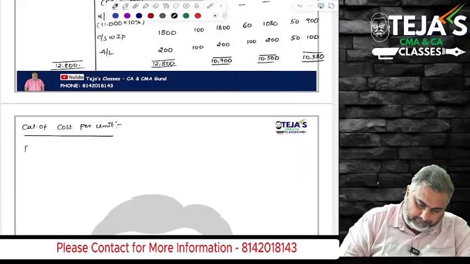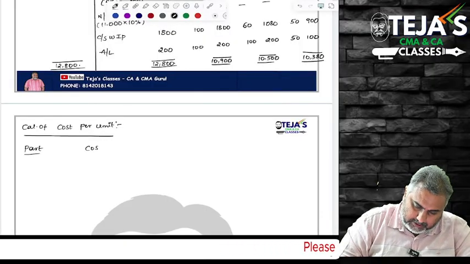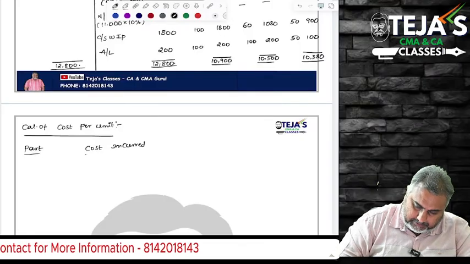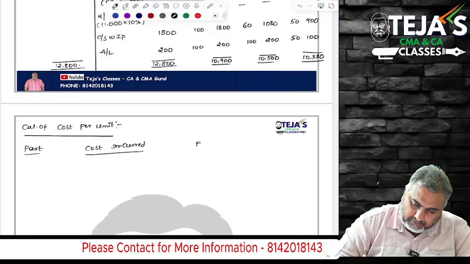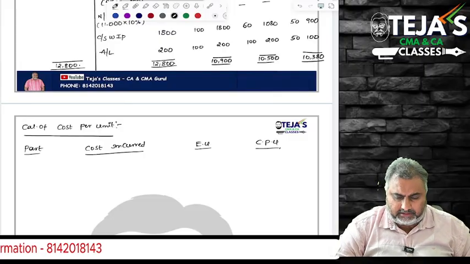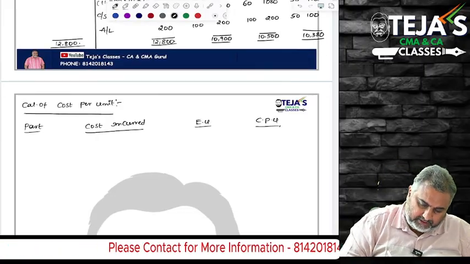Here particulars, cost incurred, equivalent units, cost per unit. Particulars, cost incurred, equivalent units, cost per unit. First,